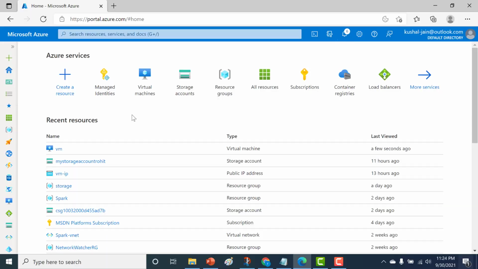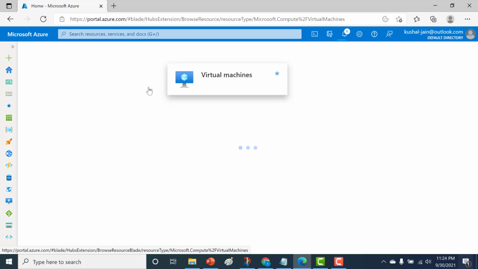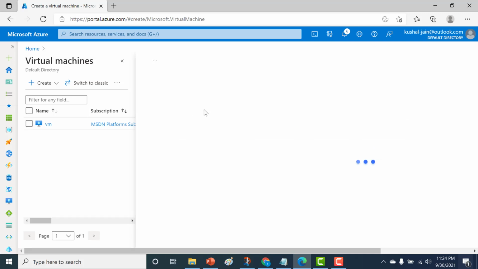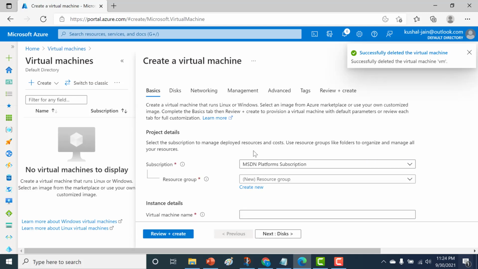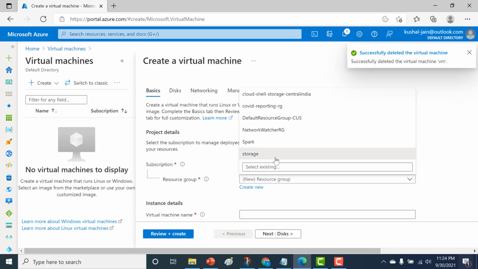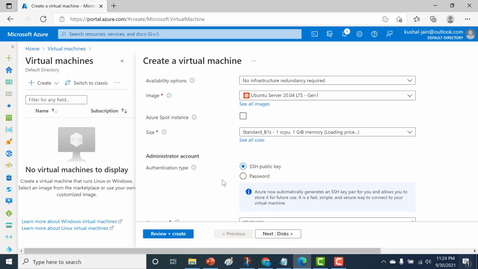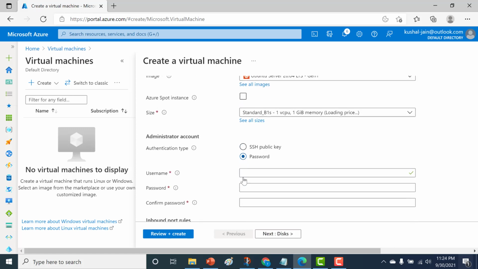Okay, so let's start by creating a virtual machine. So I'll go to my virtual machine. Let me create a new virtual machine. So I'll click on create virtual machine. I'll put it in storage. Just call this virtual machine. Password.